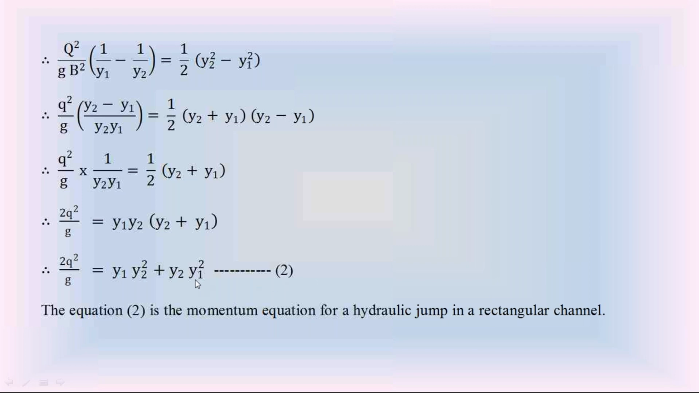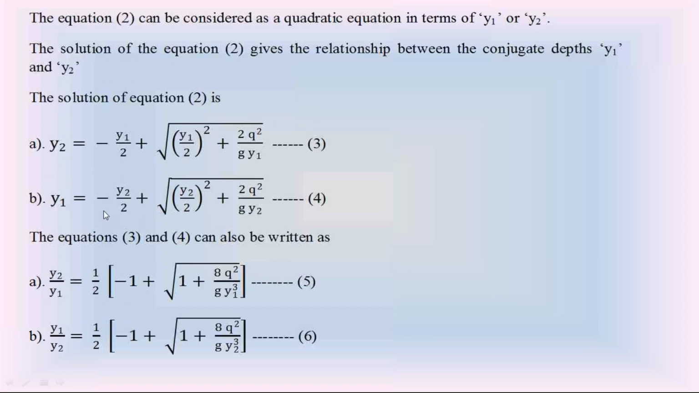One is in terms of the quadratic equation in y1 square, the other in terms of the quadratic equation in y2 square. You can consider either the y1 square quadratic equation or the y2 square quadratic equation from equation 2. Then this equation 2 has two solutions. One is in terms of the quadratic equation in y1 square. This is the solution: x is equal to minus b plus or minus root of b square minus 4ac. So y1 is equal to minus y2 by 2 plus root of y2 by 2 whole square plus 2q square